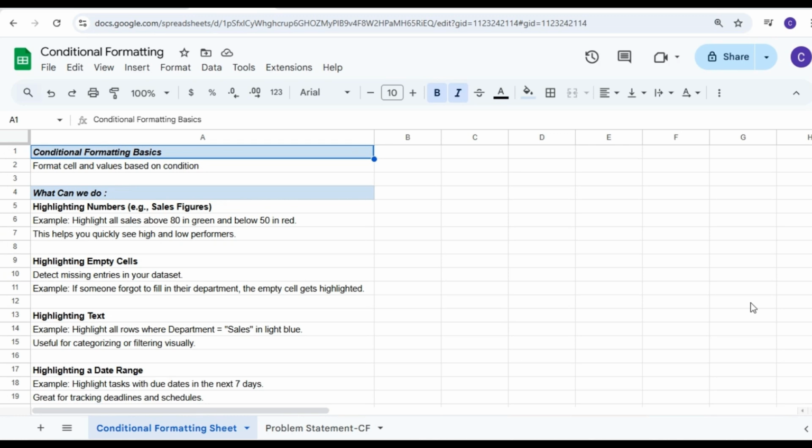So in today's session, we will be primarily learning about conditional formatting. So how will we go? First, we will be understanding the basics of conditional formatting. Then we will understand what we can do through conditional formatting. And then we will be resolving the problem statement based upon conditional formatting so that you can get the hands-on